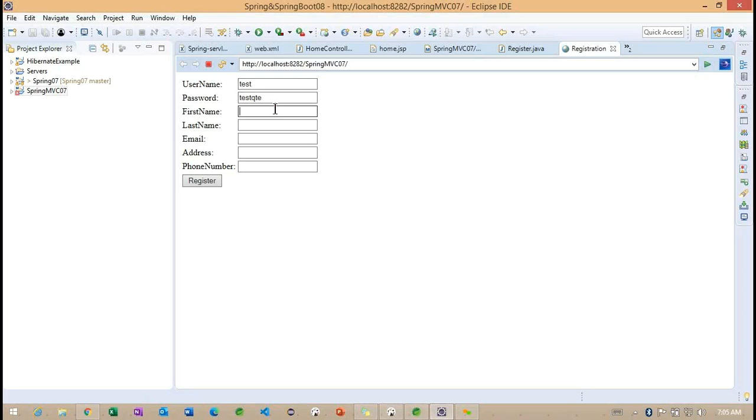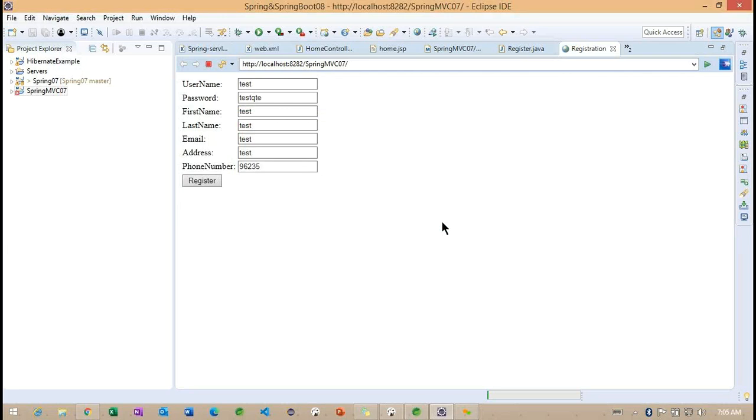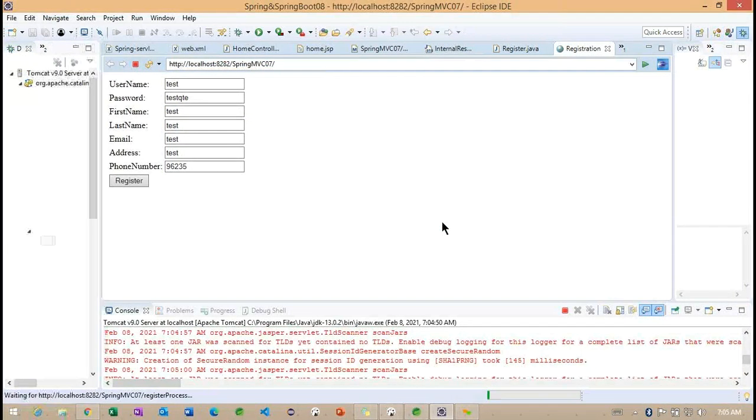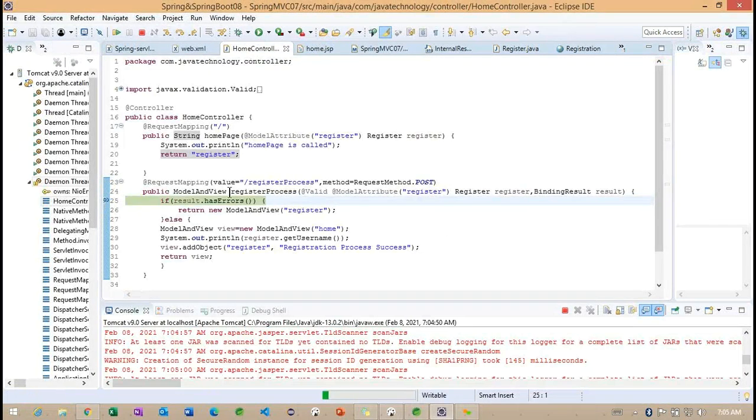I want to give some field information here. Some number. So now the debug point is connected here.